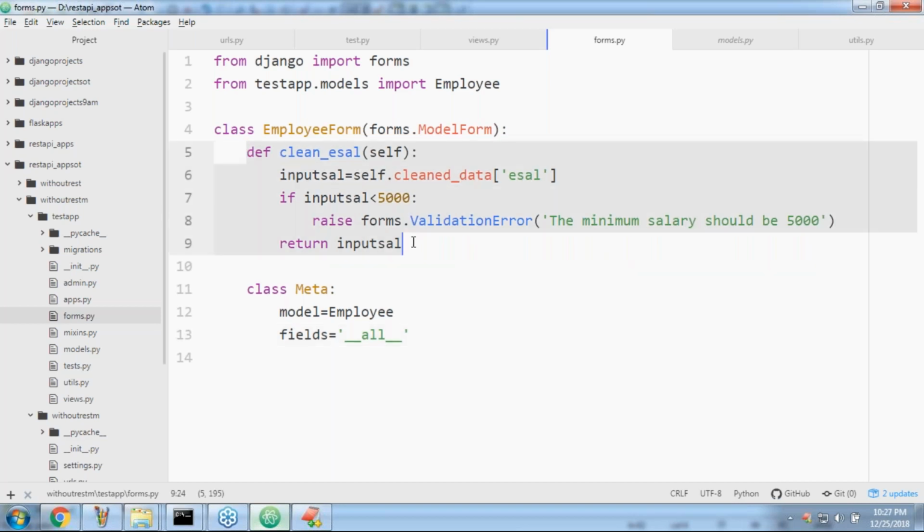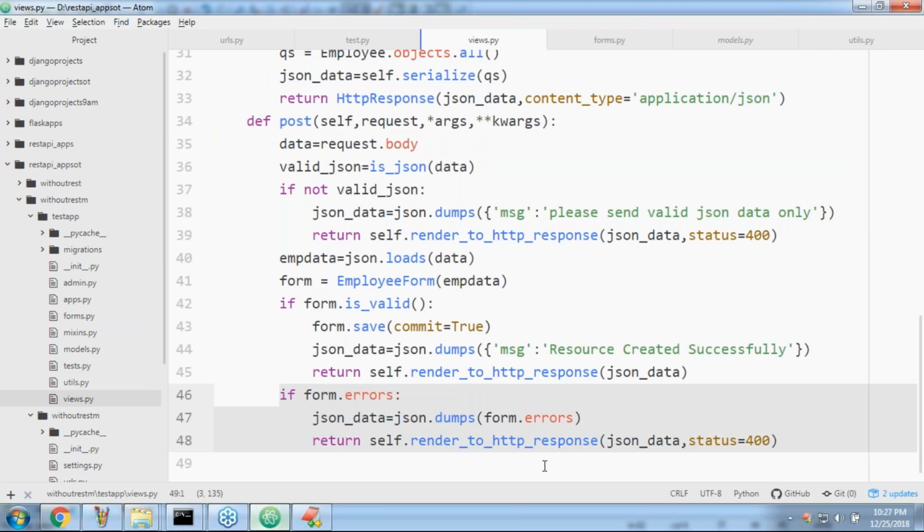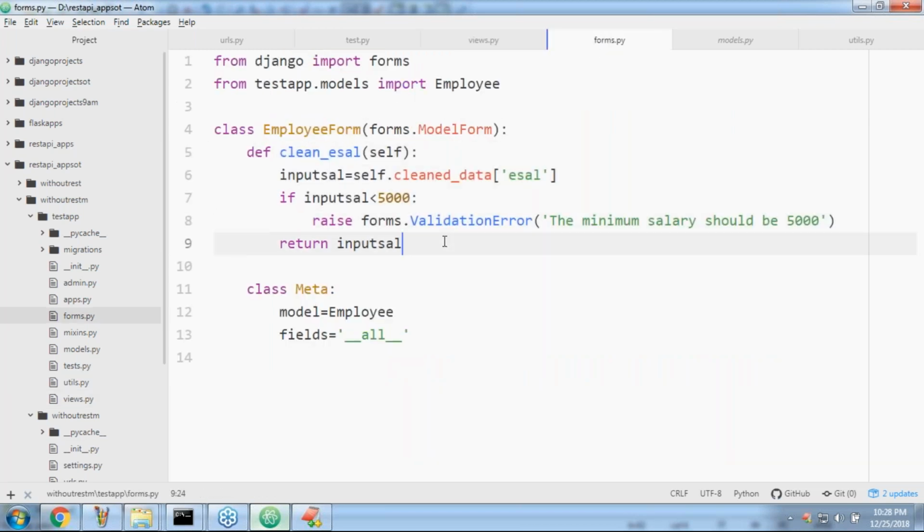Have you remembered in the class-based views by using clean methods, how you can do that? That part also I'm taking, sir. If this condition fails, then immediately this part is going to execute. If that condition is satisfied, then automatically this one. If the validations succeed, then this is going to execute. If a validation fails, then that is going to execute. All the people are in a position to understand? Any explanation required? Observe this forms.py.